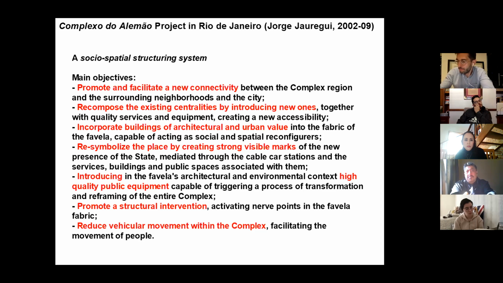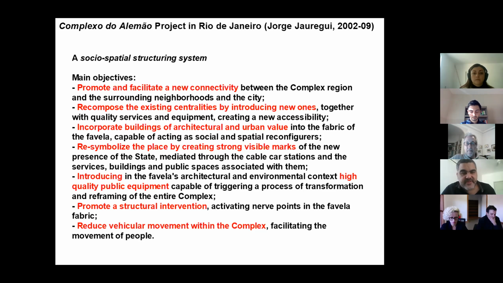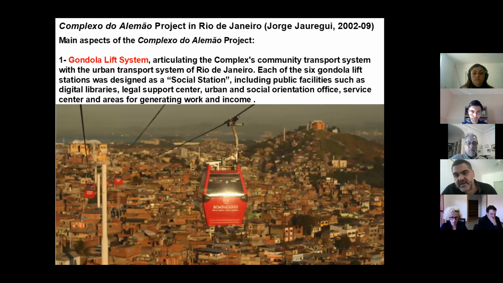Introducing high quality public equipment, promoting structural intervention, activating nerve points in the favela fabric, and reducing vehicular movement within the complex. The most shocking and important image of this intervention is the gondola lift system that has been created, articulating different parts of this huge complex, and the metro, the subway of Rio de Janeiro, that touches the complex. So this solution tried to connect different parts of the Complexo do Alemão with the existing urban transport system